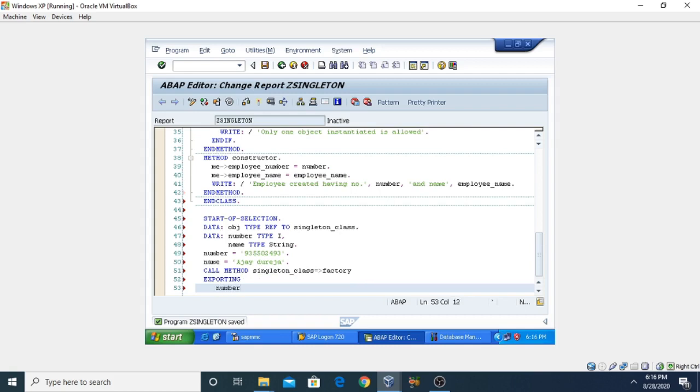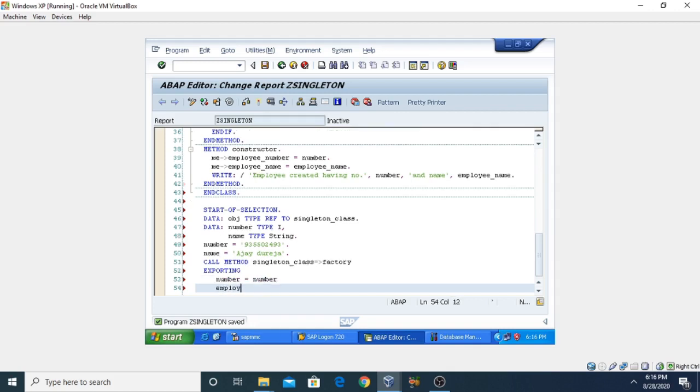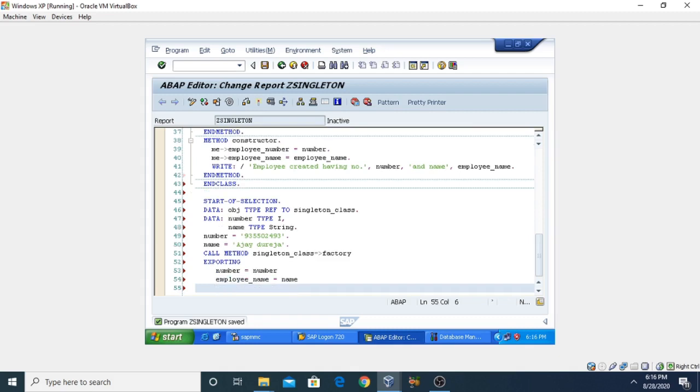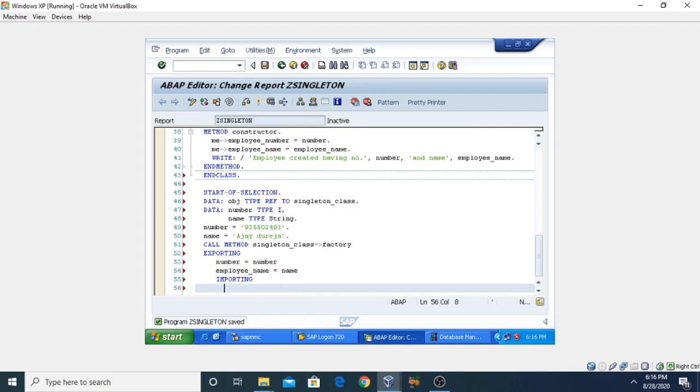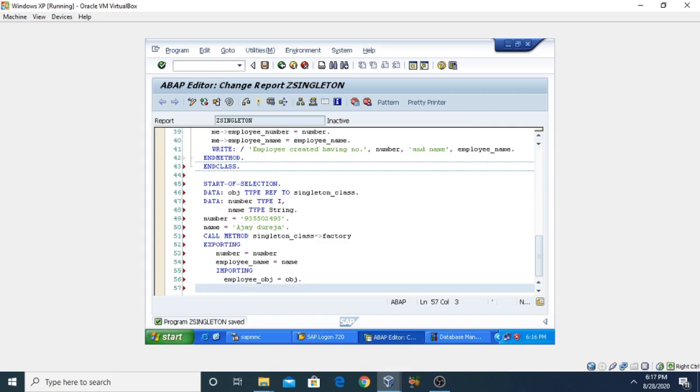We have taken the number, so we assign number equal to number, and employee underscore name equal to name. Now we need to import here, because we need to return the object value from the factory method. So we will get the object reference into the object reference that we have created here. So this way you can create it.